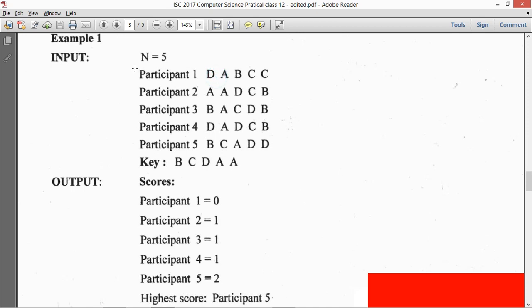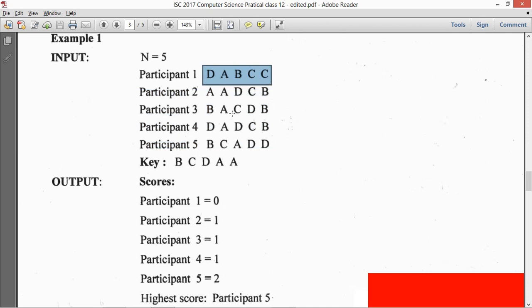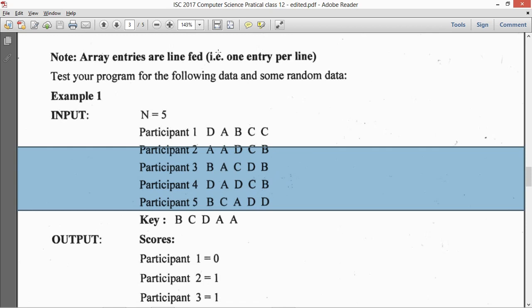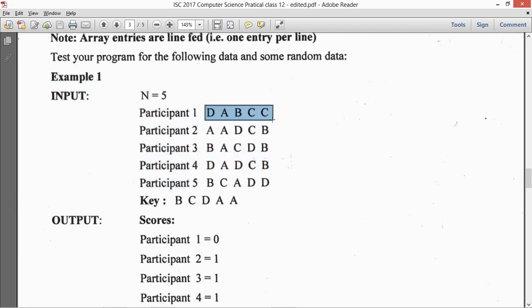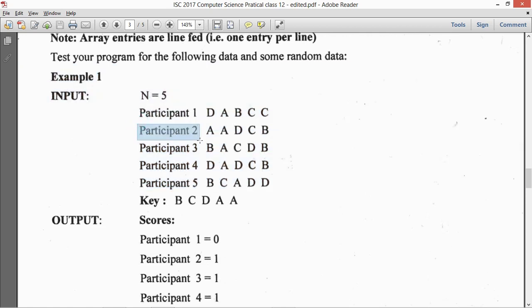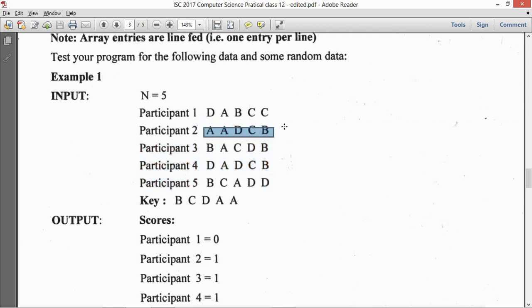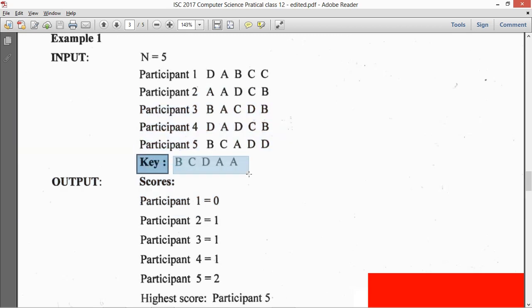So I'll go the former way, where I'll prompt participant 1 and I'll expect the user to enter the answer key in one line like this, and as it is given there, array entry is 1 entry per line. So these will be the answers for participant 1. Similarly, I'm going to prompt for participant 2, and these will be the answer keys for the participant 2, and similarly for the others. Then finally I'm going to prompt for the key which is going to be entered as